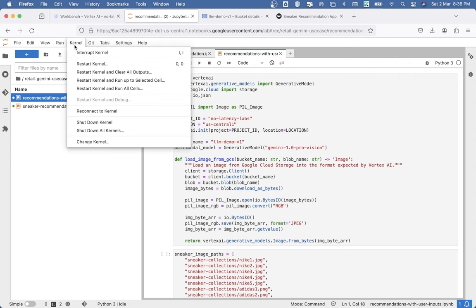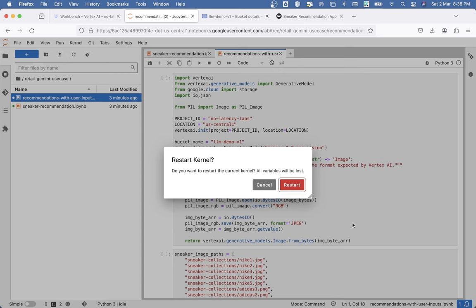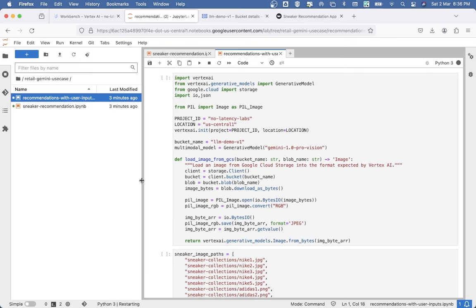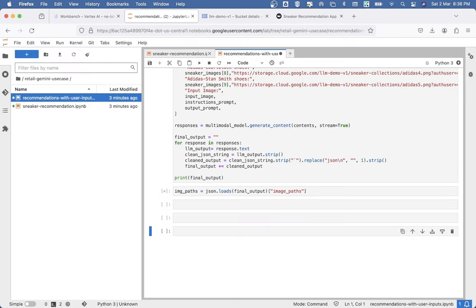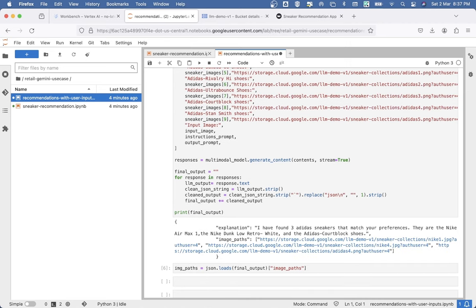So you can click on kernel and just say restart kernel and run all cells. Alright, there you go. So that's the output. It has an explanation. It says I have found 3 Adidas sneakers that match your preference, and these are the links to the images,